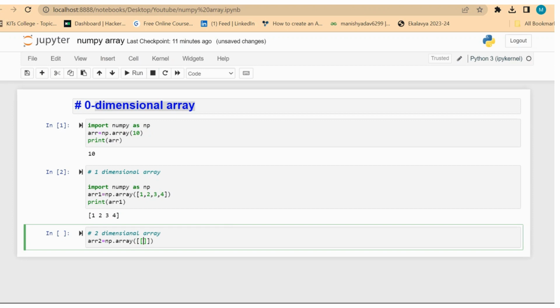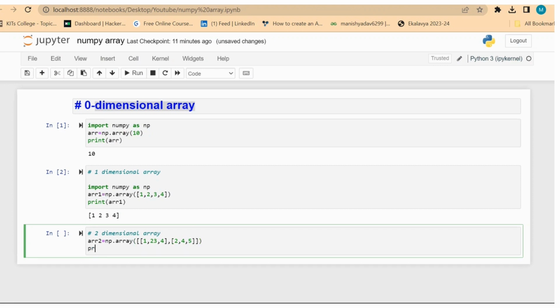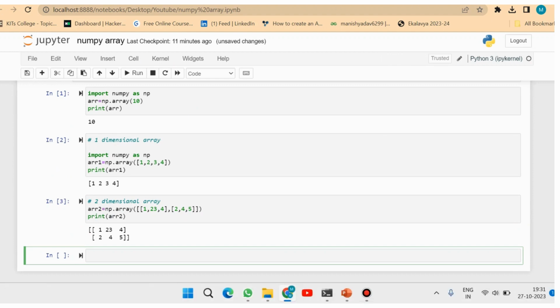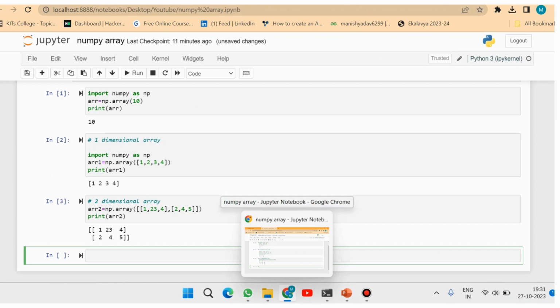Okay, one is 1 2 3, and the next row is 4 and so on. And print the array2. It is a two-dimensional array. And next, another is the multi-dimensional array.